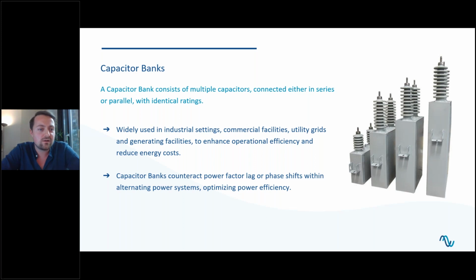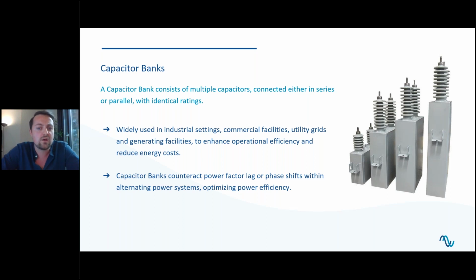So, capacitor bank. A capacitor bank is nothing but a set of capacitors connected with each other, either in series or in parallel, and with identical ratings. I want to emphasize the identical ratings part because it's quite important. Having capacitors with identical ratings will bring uniform voltage and current sharing between the capacitors in a capacitor bank, will bring balanced energy storage, and overall the capacitor bank will have a more consistent performance when connected